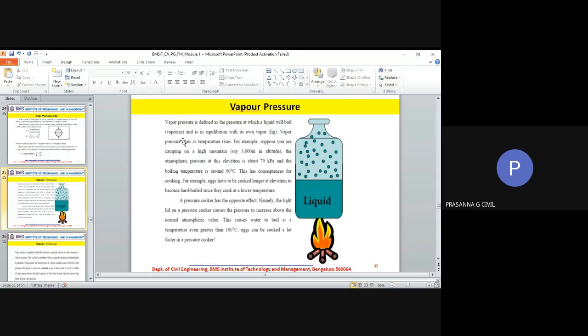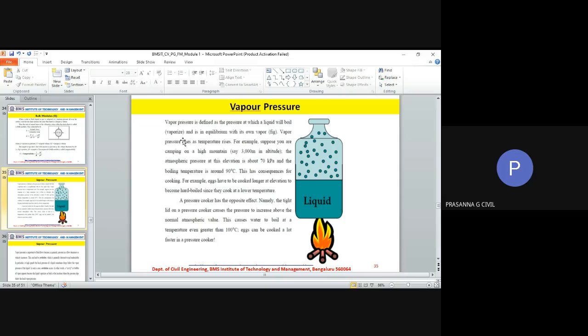When the vaporization takes place, the molecules will escape from the free surface of the liquid. And these vapor molecules, now that your container is closed, are going to remain in the space between the liquid surface and the top of your vessel. Now, when the vapors get accumulated there, these vapors will start to exert a pressure on the liquid surface.